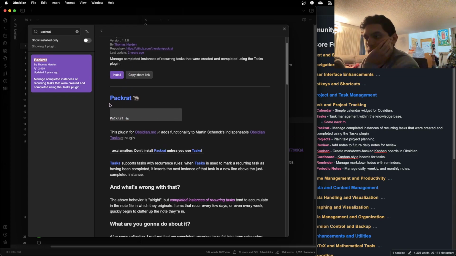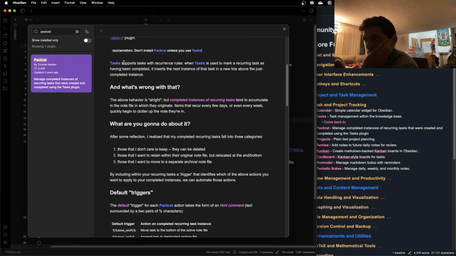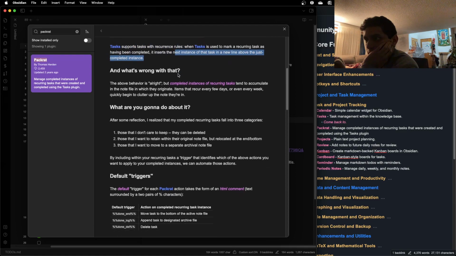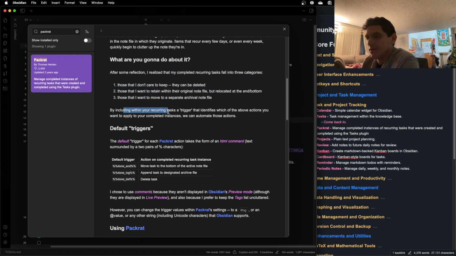Process completed recurring tasks. And what's wrong with that? But the completed instances tend to accumulate? Yes. Items that recur, I don't care about, they can be deleted. Those that I want to retain within but relocated at the bottom. Those that I want to move into a separate section. By including them